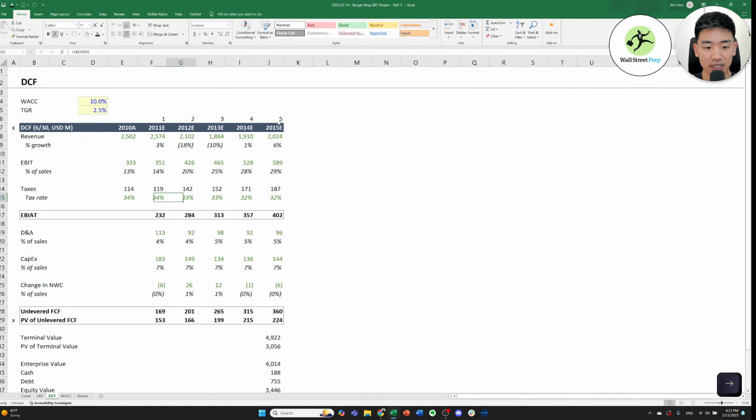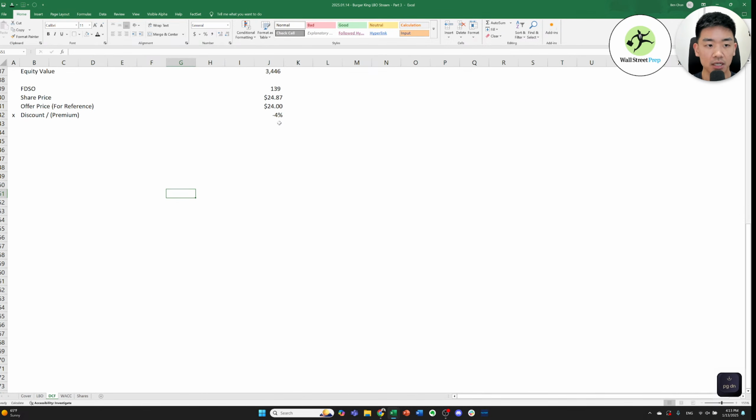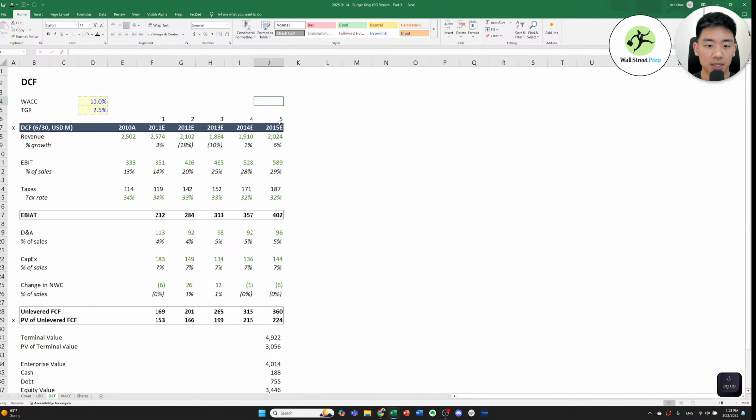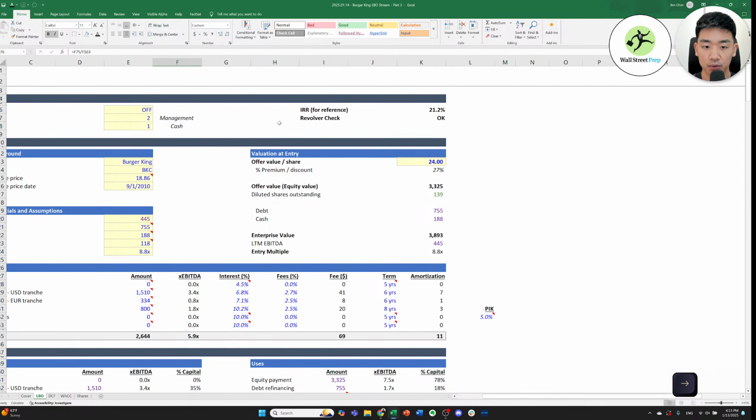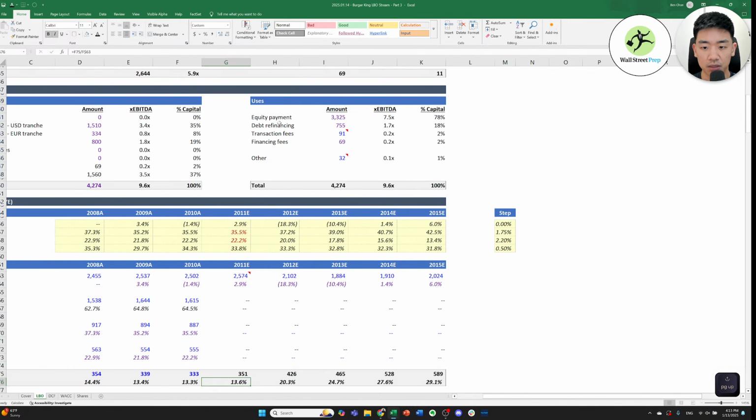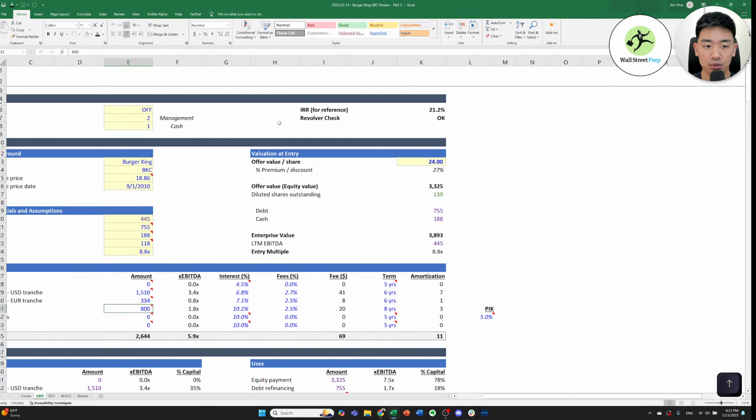And that'll usually lead to a higher intrinsic price with the DCF for a strategic acquirer versus a private equity firm. In our case here, what this is all spitting out is that if we take the numbers for our LBO and what we project, then we're going to lead to a similar intrinsic value with the offer price of $24 per share,